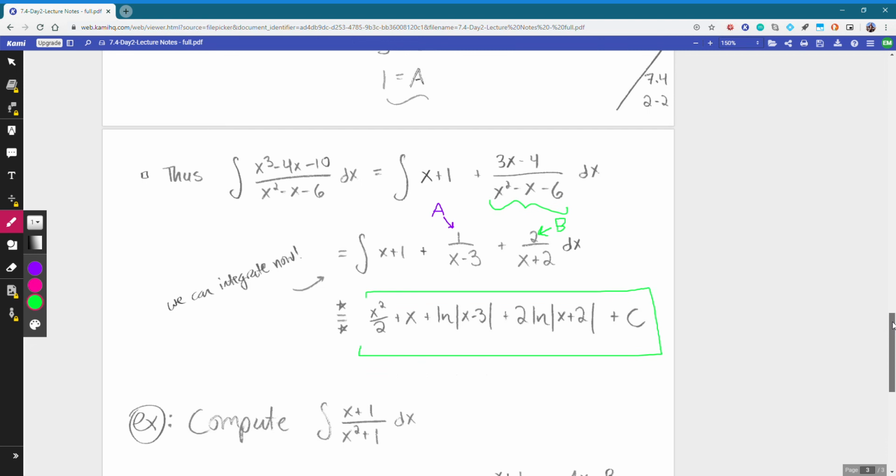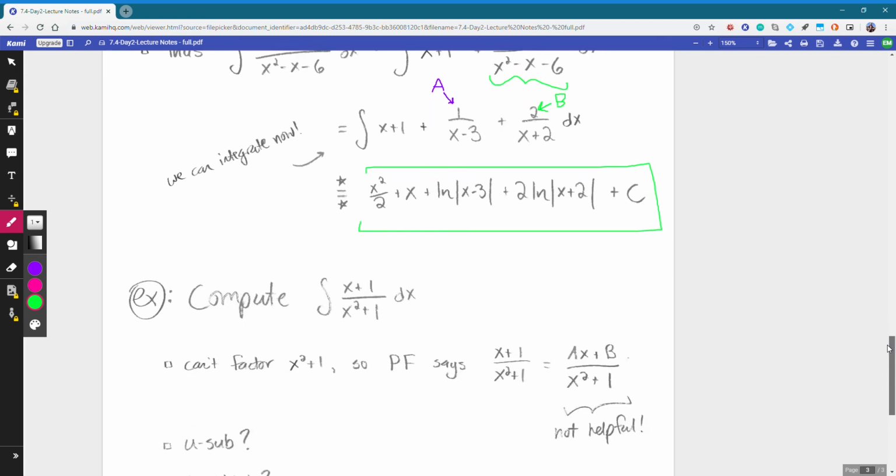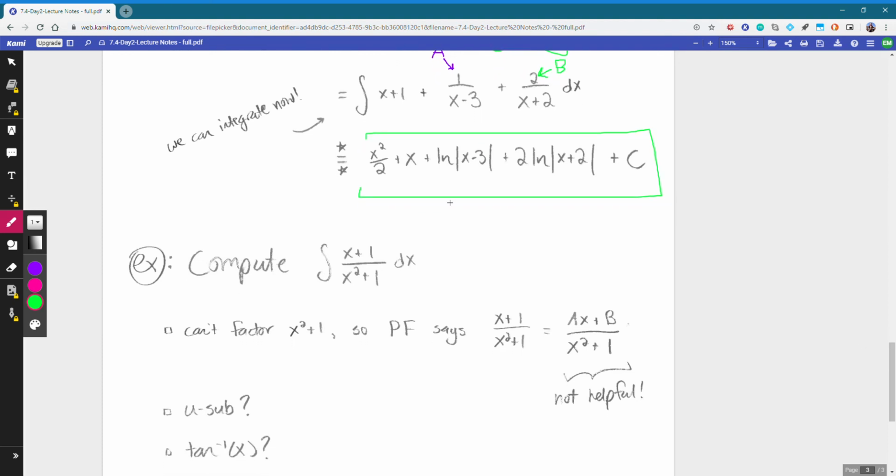All right, let's talk about this. I say that it's a little bit weird because if we try to do partial fractions on this, we don't really get anywhere. For example, this denominator, x squared plus 1, is irreducible. If you want to think graphically, this parabola does not cross the x-axis, so this thing's not going to factor. And so what partial fractions says is that we can take this fraction with an irreducible quadratic denominator,